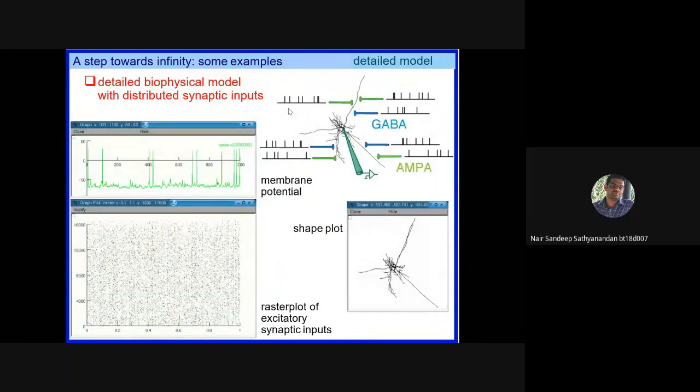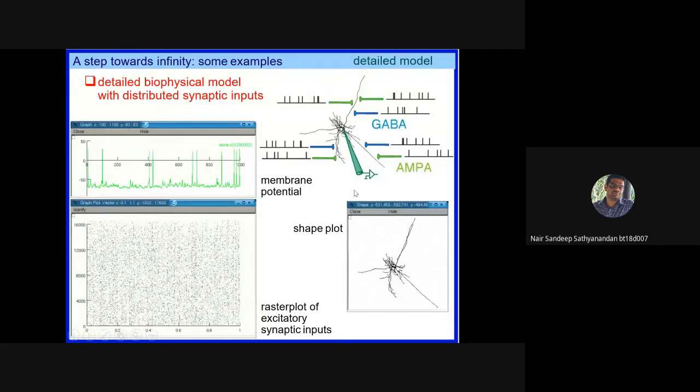This is a typical raster plot of the neurons and the time instances where it is firing. The bottom left is the raster plot. GABA, AMPA, everything is nothing but neurotransmitter. GABA is the inhibitory neurotransmitter. AMPA is the excitatory neurotransmitter.